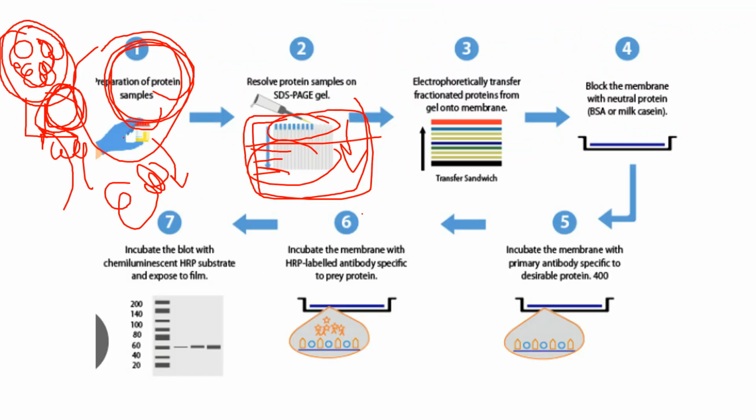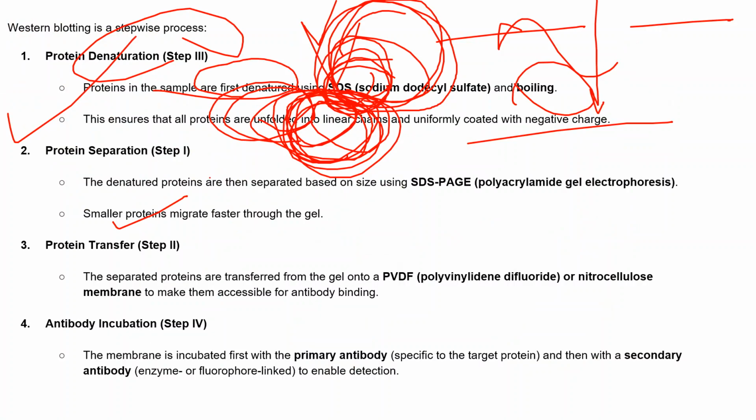So what happens, the small molecular weight proteins will come down here, like this is 10 kDa, then this is 15 kDa, this is 30, this is 45, 70, 100 kDa. So these small proteins, because they are very small, will move very fast and come downwards, and the high molecular weight proteins will be upwards, right?